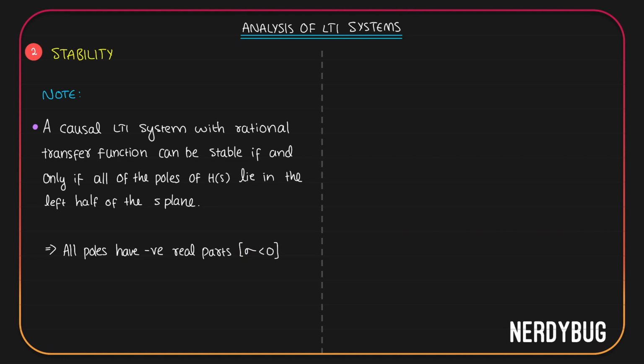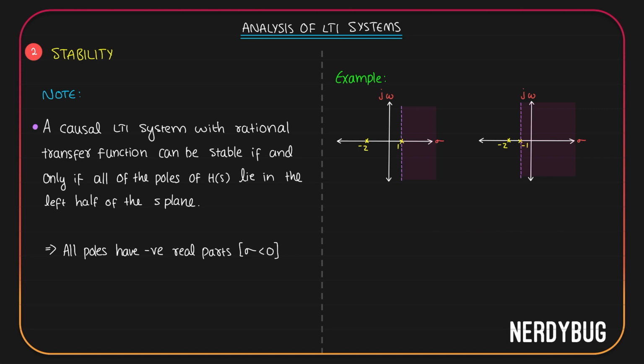To explain this, let us take two examples. We have two s planes. The first one shows the ROC of a signal and the other one shows the ROC of another signal. The first one has two poles, one at 1 and the other at -2. The second one has two poles, one at -1 and the other at -2. It is given that the systems we are taking are causal. And for a causal system, ROC has to be towards the right of the rightmost pole. So for the first one, it will look like this.